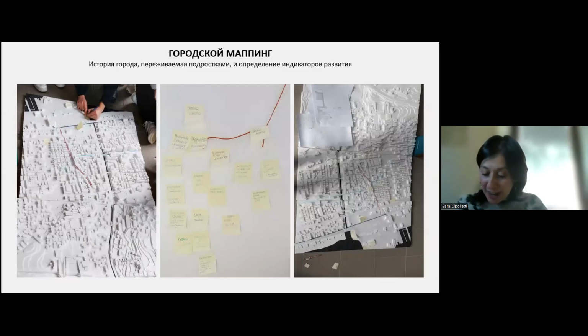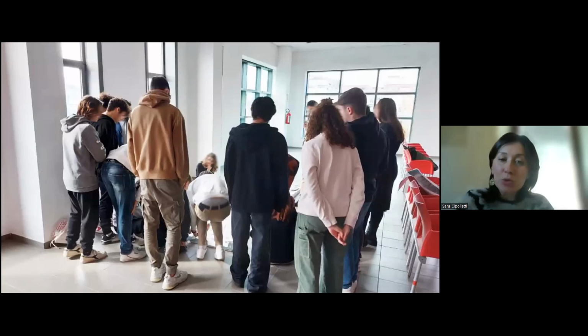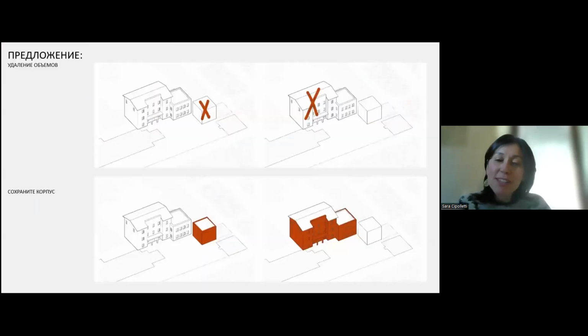So we identify the places that are most important for them, that are really close, where they live, or where they go when they go out together with the other friends. So we start to speak together around this big model of the city, and then we develop some